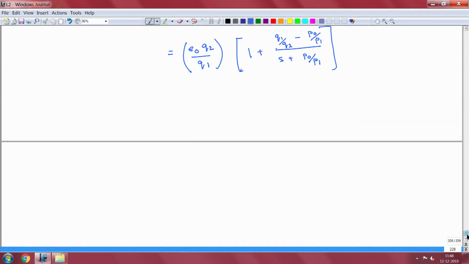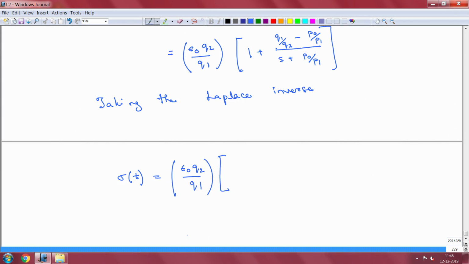Now, to solve this I have to take the Laplace inverse. Once we take the Laplace inverse, we can go back into the time domain. So, now when we do the Laplace inverse, I will get sigma t, a function of time, and on this side we are going to take the Laplace inverse of this entire thing. Now, this is a constant, so we can just leave it as that. We have epsilon naught Q 2 by Q 1.